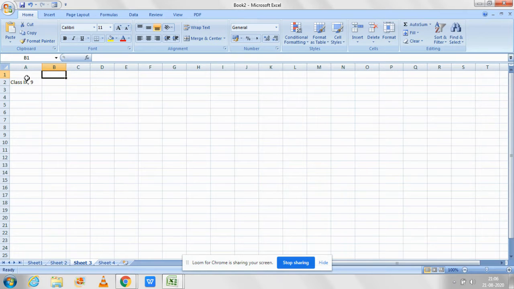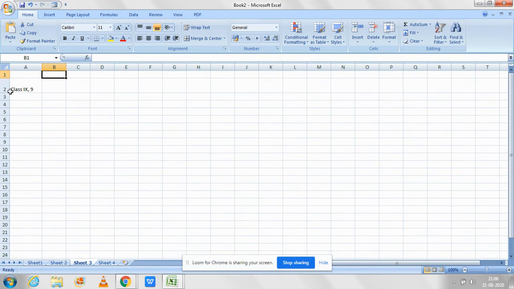The size of this cell will be increased, or the size of this cell will also be increased. This can be easily done in the worksheet according to your need. The spaces can be flexible, or you can increase or decrease the row height and row width. So these can be done.